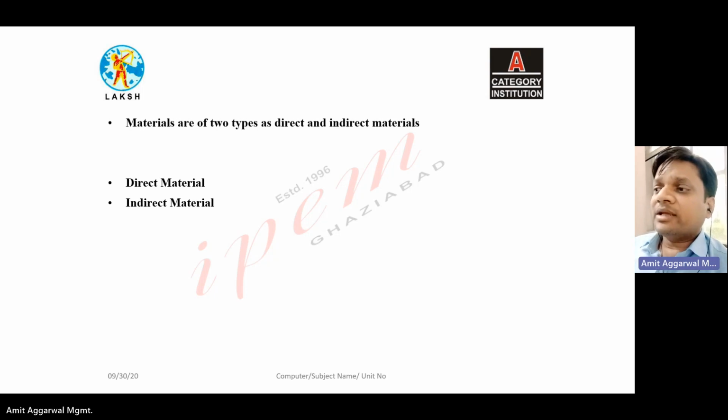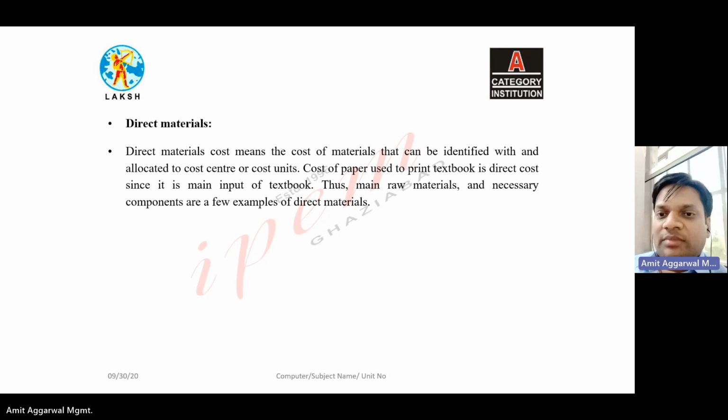But indirect material cannot be seen by the user directly. If we take some other examples, direct material is raw material, a necessary component of any product, right? You can see it become part of the product directly. So that is your direct material. And if we talk about indirect,